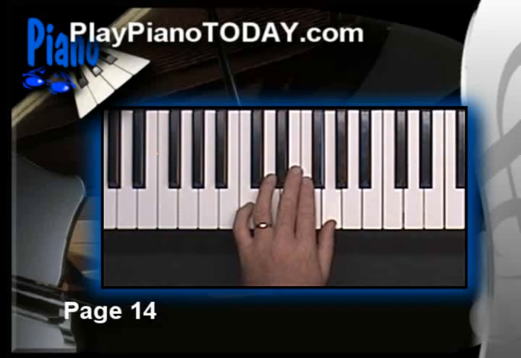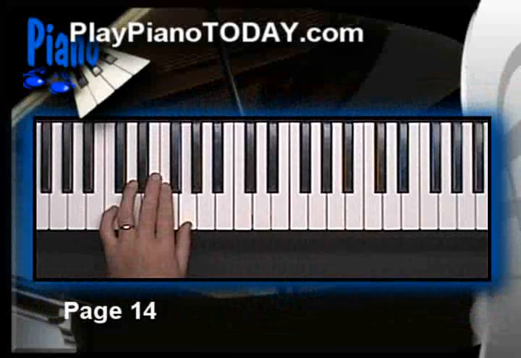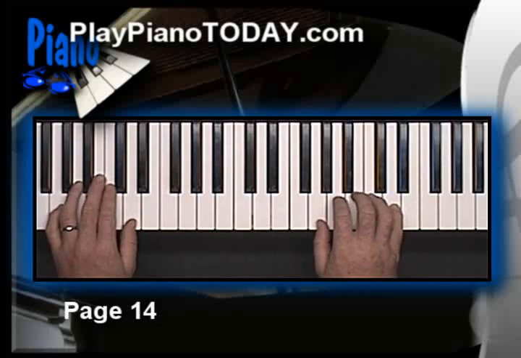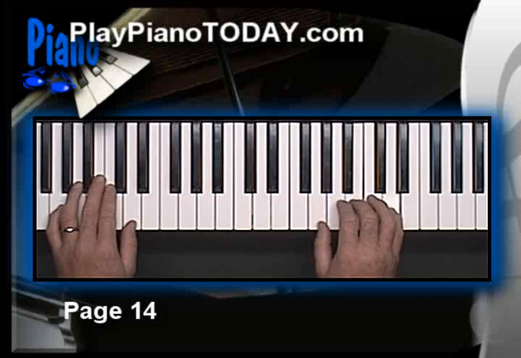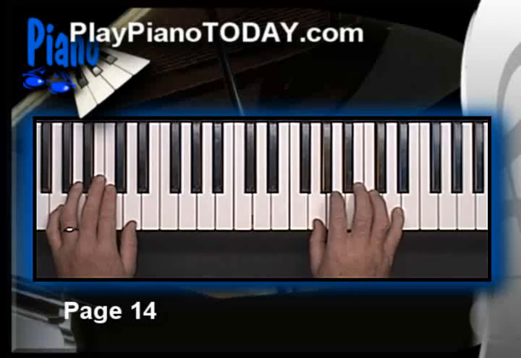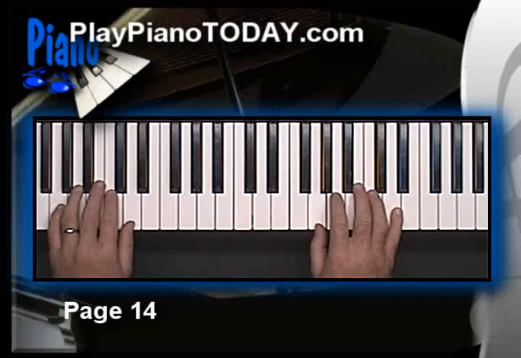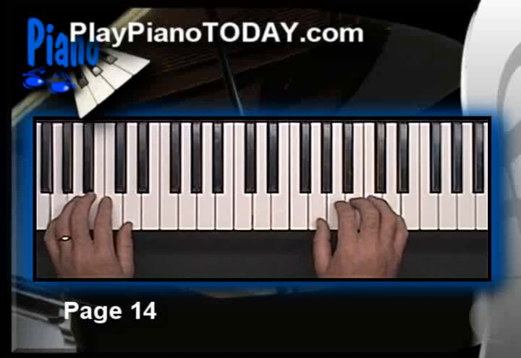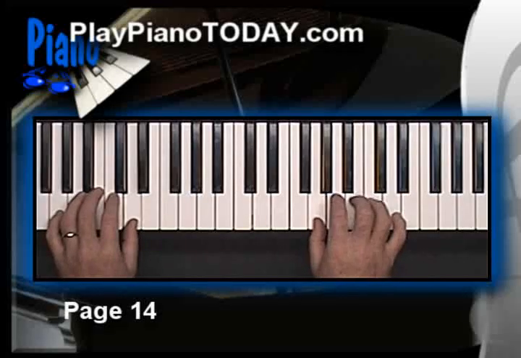Now let's put hands together. Are you ready for this? This is where it gets kind of tricky, but it's really fun, okay? So the right hand, the chord is G. The right hand is the same pattern. If you need to study that more, you can back up to the last song. Together, it would be like this. 1, 2, 3, 4. 2, 3, 4. I'm just doing the chord G.